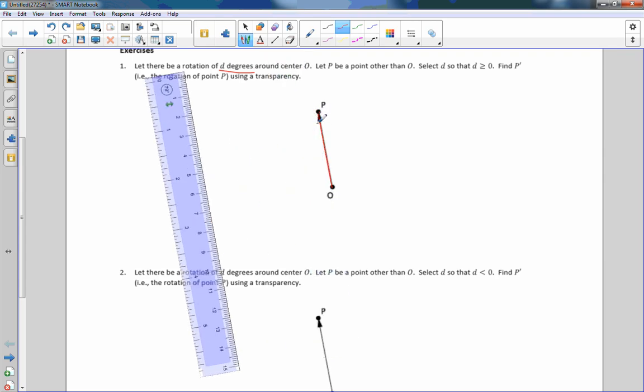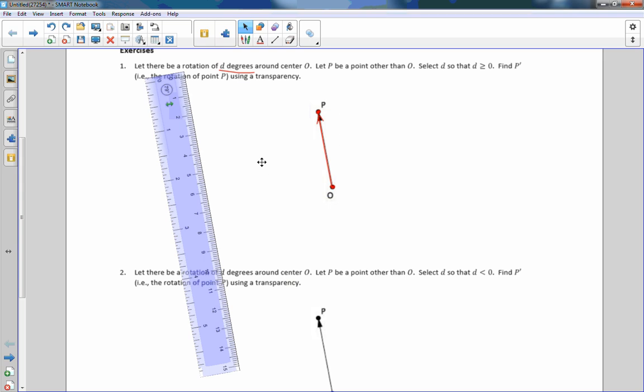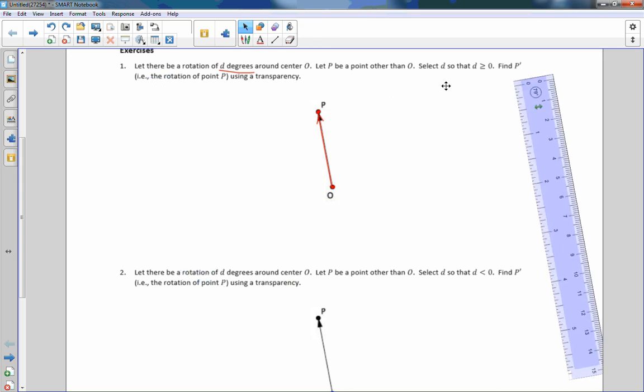Okay, and then put my arrow here, put the point P here, and put the point O here. And now I'm just going to make sure everything is connected. Okay, so now I've grouped that. So now what I'm going to do is rotate this positive. Degree is positive. So a positive rotation